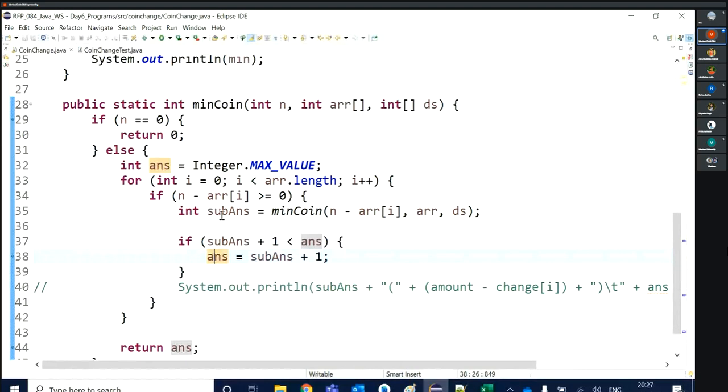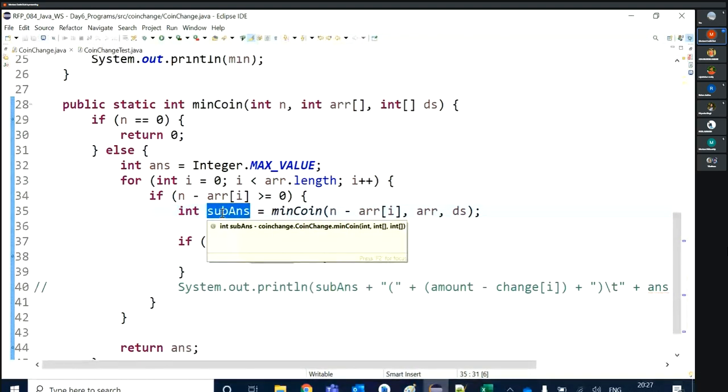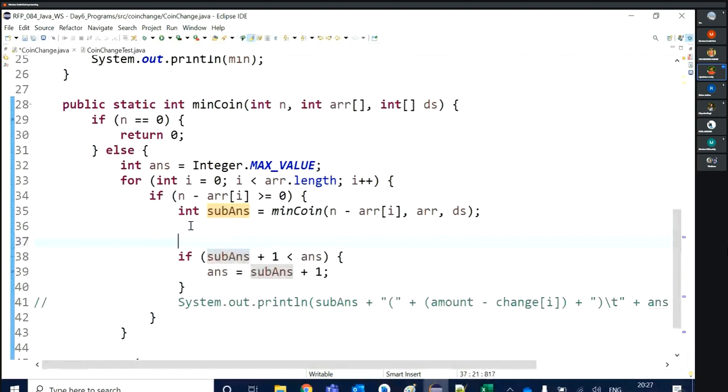You are getting the sub answer here, everyone. Can I write like that? ds of n minus array of i equal to my sub answer. Can I write like this?